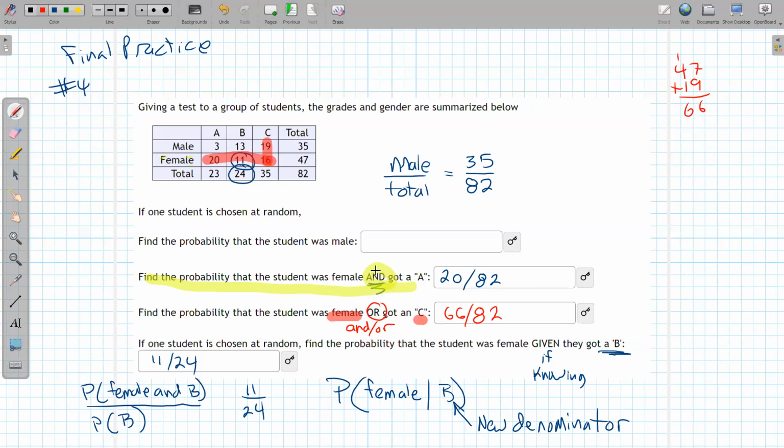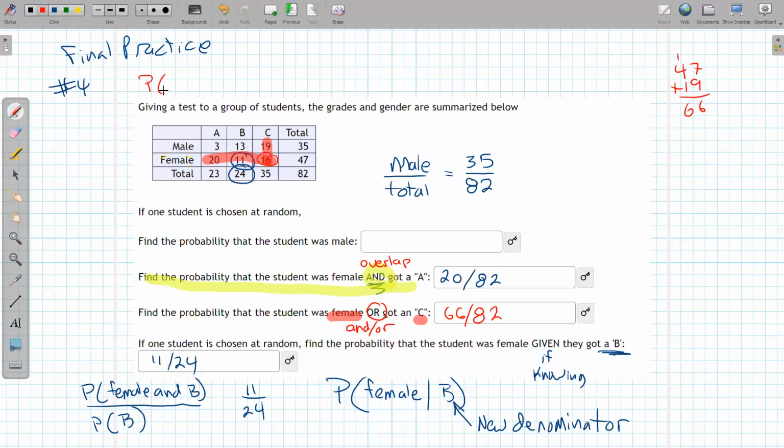So the and, basically you want the overlap of the 2 categories. And the or means grab them all, don't double count. So if I tried to say, oh, just take 35 plus 47, the problem with that right there is I would be double counting that 16. And the book went over a formula for how to deal with that. So alternative to the way I went about doing it in the table,